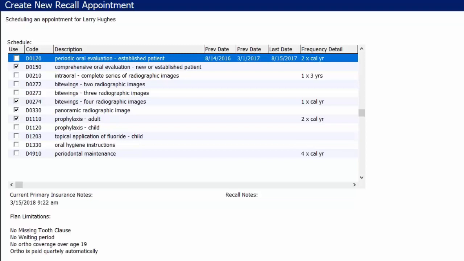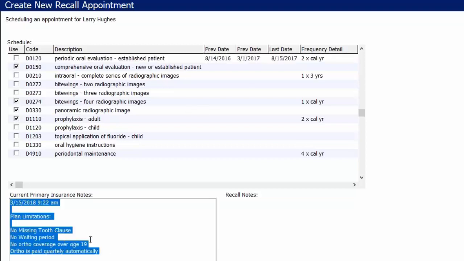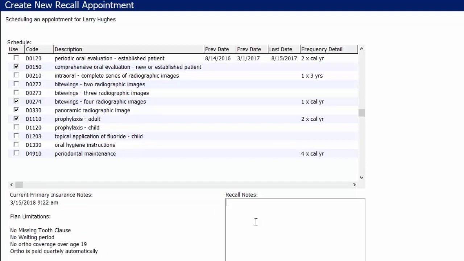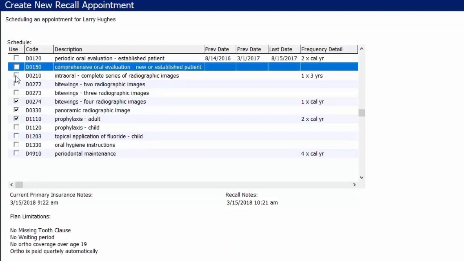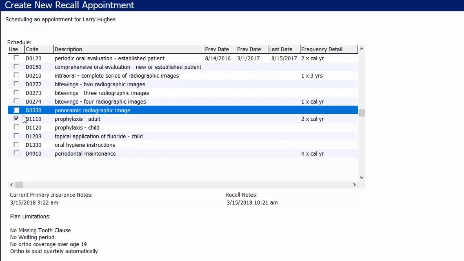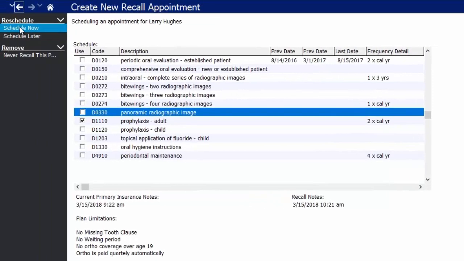So it does carry over into the chart screen as well for the hygienist or any clinical staff that are looking for that information in the chart screen. Also here on the recall details screen, you'll be able to see, of course, the insurance notes, and you do have a space to add any recall notes you'd like. For example, Larry likes to be scheduled with his family. Those sorts of details can go in here as well. And that just helps you be better aware as to what items you want to schedule